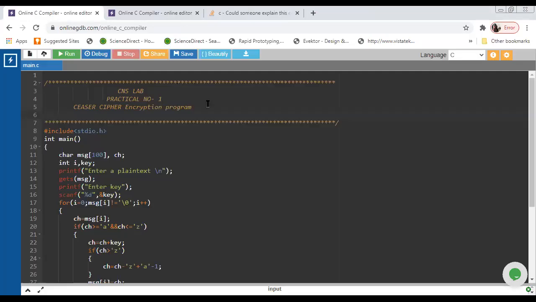Today we are going to learn about the Caesar cipher. Is it visible to all? Yes, sir. Okay, so let us do a Caesar cipher program.